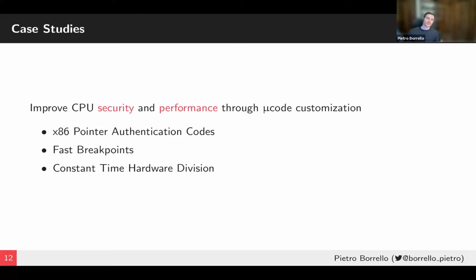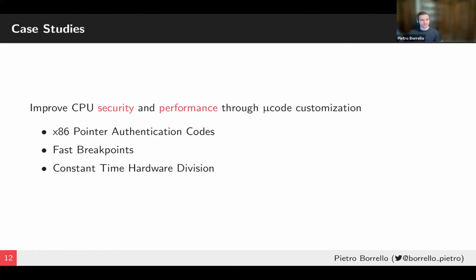So we introduce fast microcode breakpoints, where the idea is to execute software breakpoints, but at the microcode level, so that you can avoid all the interrupt context switch that you would incur if you, for example, were debugging software with software breakpoints. And we show how you can have up to 1,000 times faster breakpoint execution at the microcode level, and implement microcode routines, for example, to support fuzzing at the binary level through software breakpoint implemented at